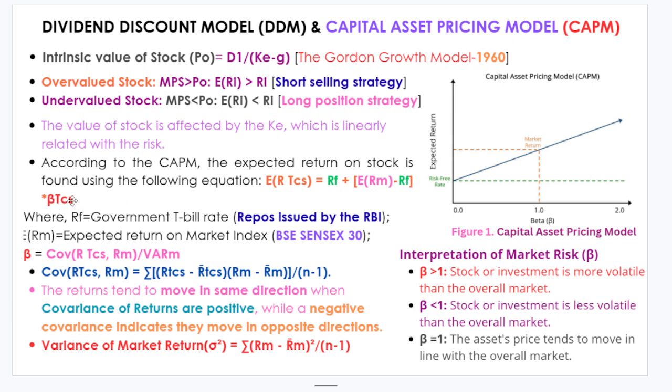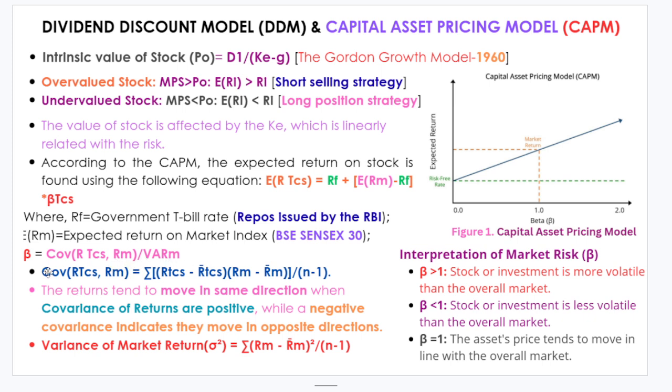Now beta of TCS, where RF, in the case of India, is the government treasury bill rate, the repo rate issued by the RBI, and the next one is ERM. ERM is simply the expected return on the market index, like your BSE Sensex 30, right? So simply, friends, beta you could find in Excel. But remember, beta is the ratio of covariance of RTCS and RM divided by